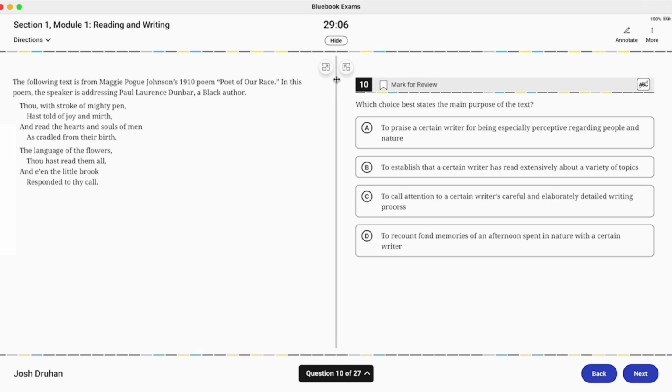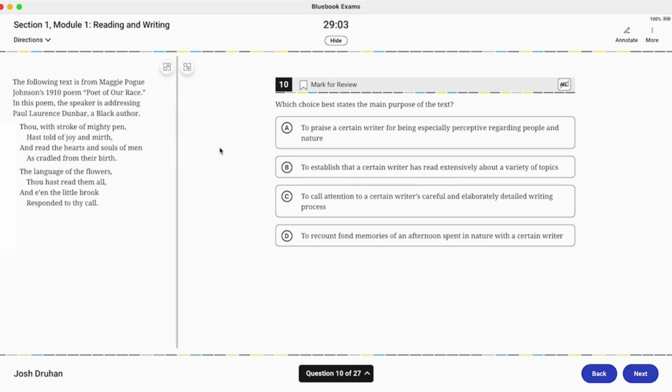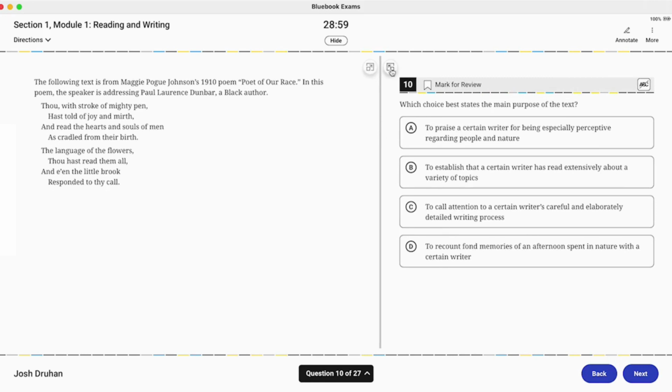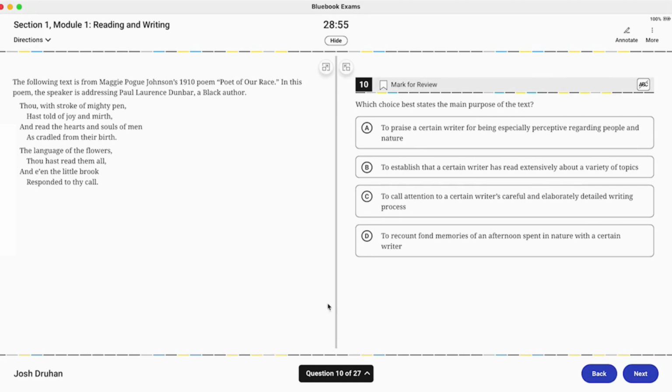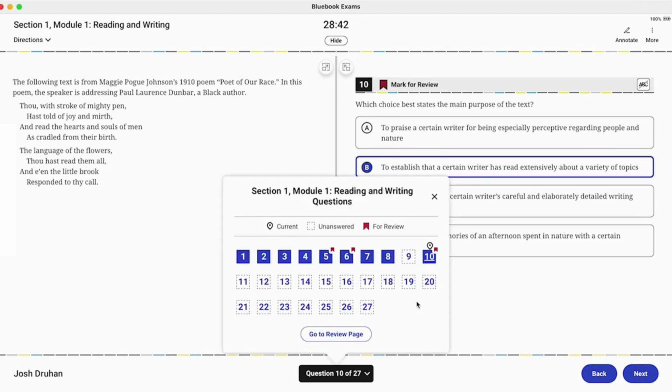For instance, we can choose to make the question take up the bulk of our screen or the poem itself. And we can drag this bar or just use these resizing options here. We also have a navigation bar down at the bottom. So you'll notice here that we can mark this question for review, whether we answer it or not. That's useful when we want to go back later, and this is going to make it pretty easy for us